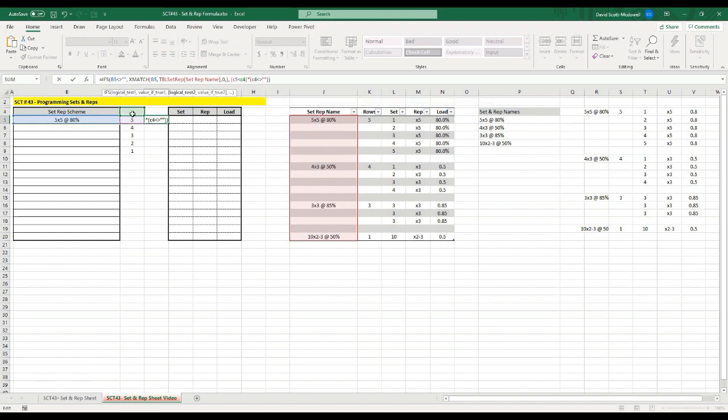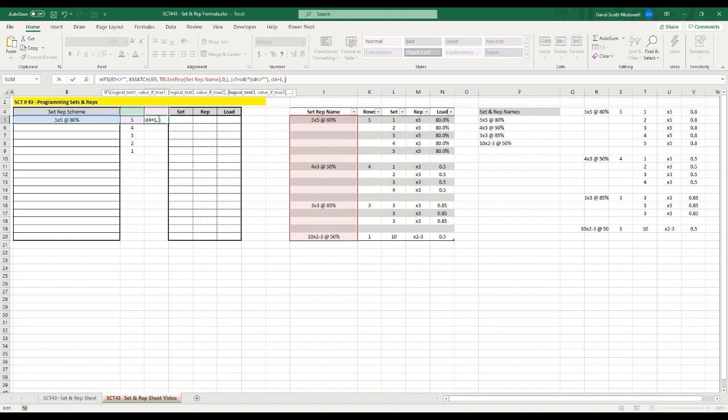So what we're looking for is if C5 is greater than C4, okay, and C4 does not equal nothing, which would signify that this is the start of a new set and rep scheme. What we want to do there is we actually want to add one, D4, to the one above, because we want to be counting up now instead of down. So we want to add one, so we want D4 plus 1,